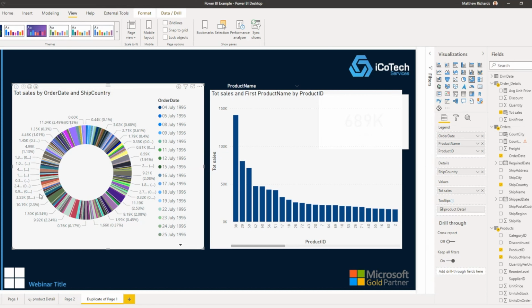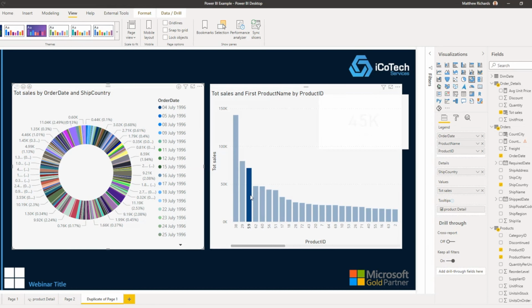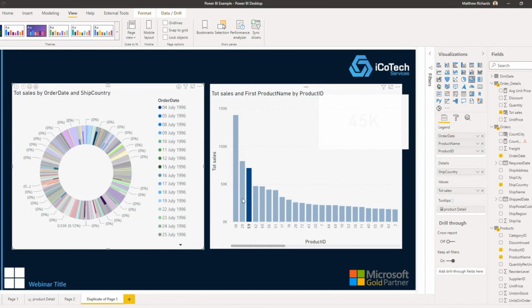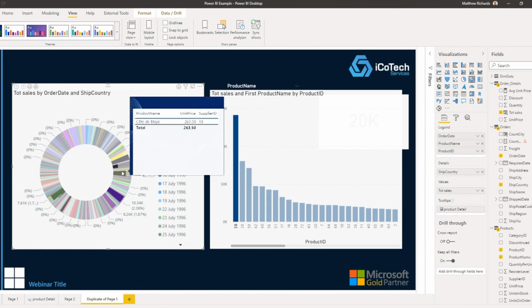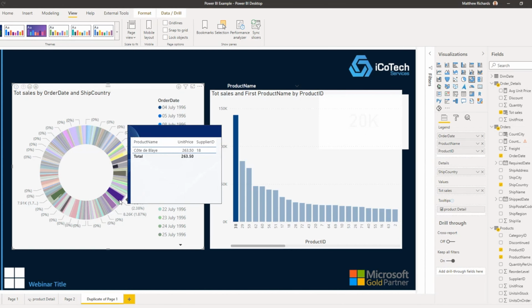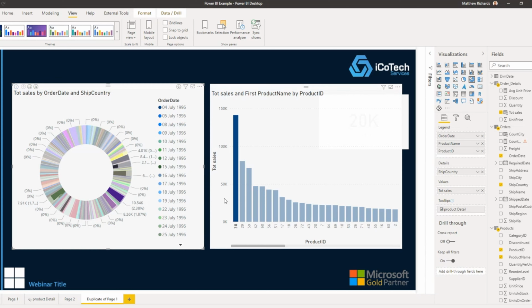And this is very busy, as you can see. But if I select certain elements, you can see how it starts to break down in terms of order dates. So what we have here on the right, sorry, this is our total sales by the product name. And now you can see that it's filtering this donut with those elements, so you can see when those were sold based on this job. So it's not an excellent visual, but for instance, for showing you how the pages or buttons work,